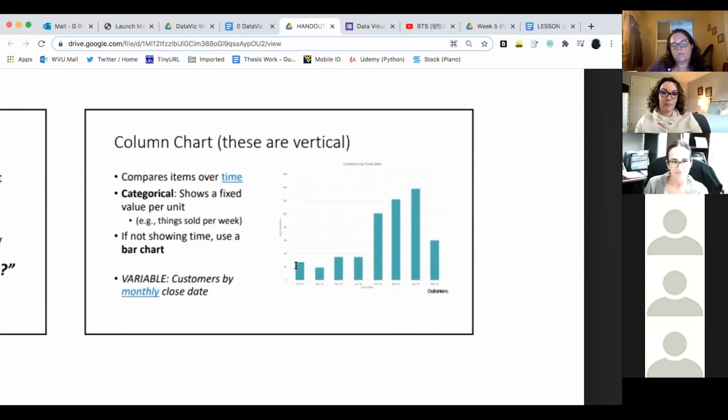Number of watermelons I sold each week. That's a column chart. Week 1, week 2, week 3. Numbers of COVID cases per month. That's a column chart because there's a set number per month. You've probably seen that used as a line chart a lot, and that's fine. Don't worry about it. It doesn't matter. But if you want to be really precise, it should be a column chart because it's a set number per unit. Customers by each monthly close date. That's a column chart. If you're not using time, you should use